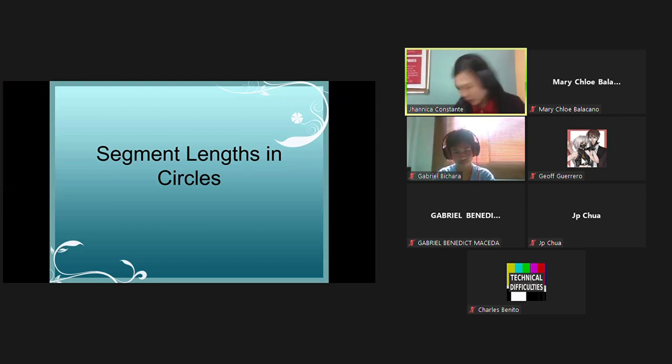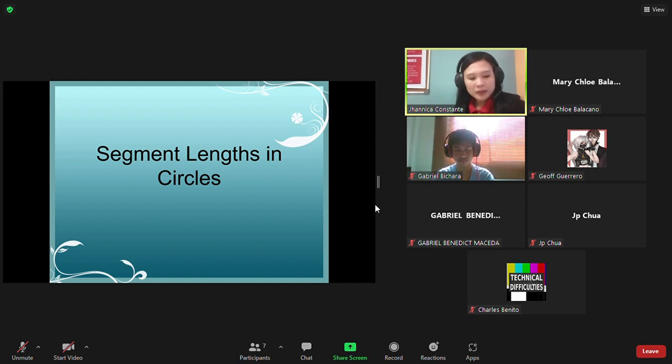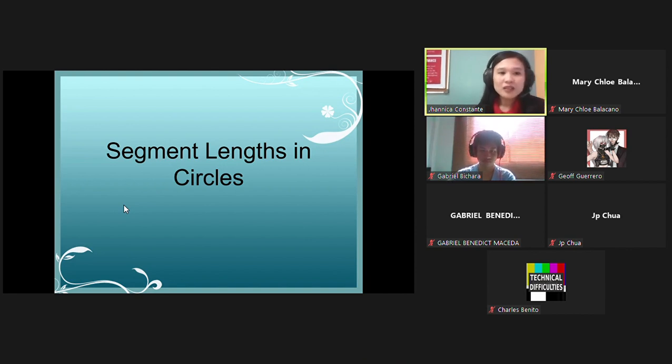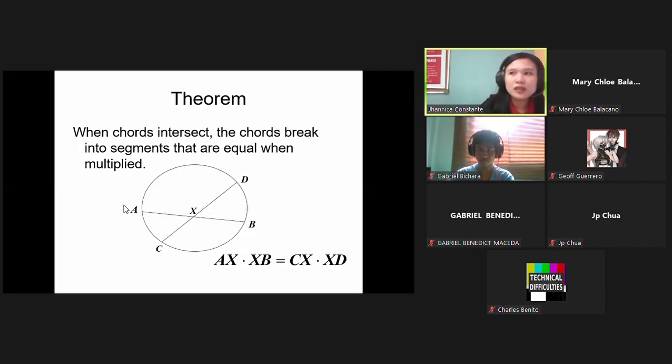The length of the segment. But more on the involved operation in finding the length of the segment is multiplication and division. So the first theorem that we have to find the length of the segment in the circle is when a